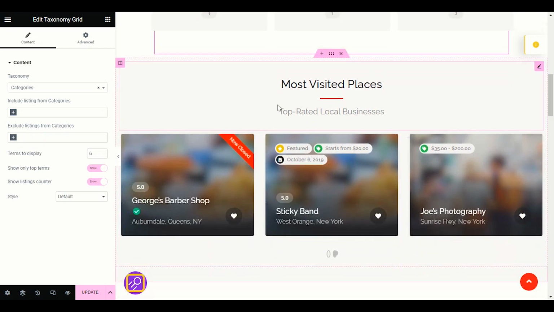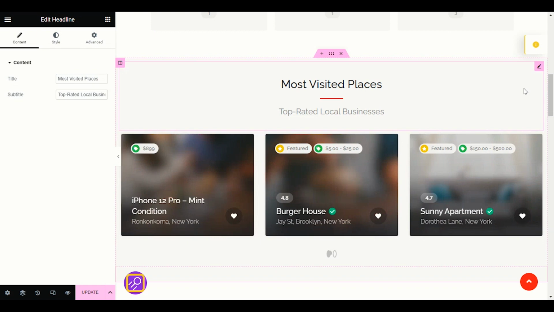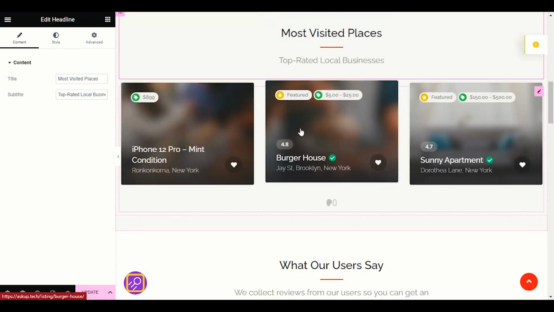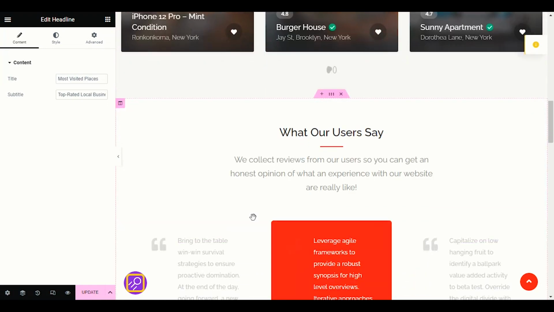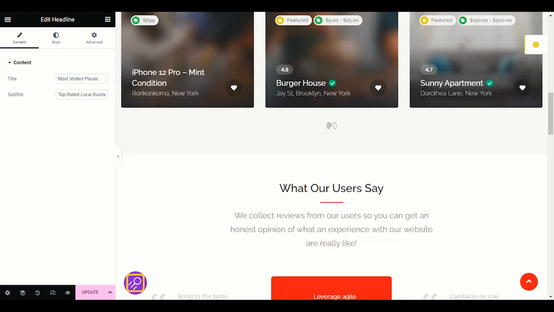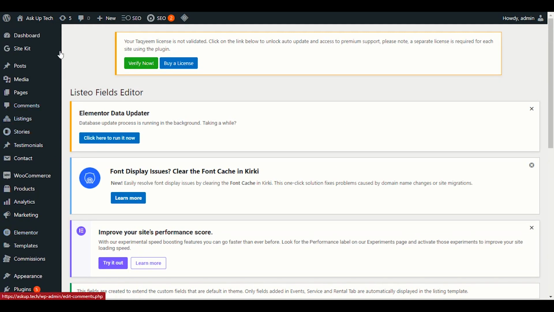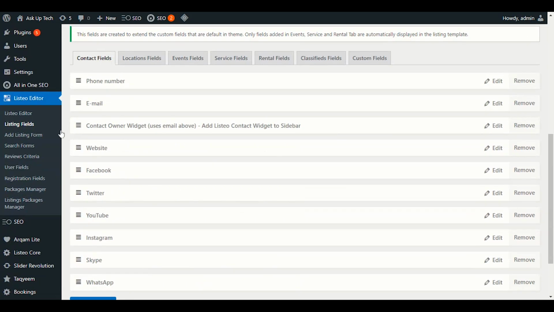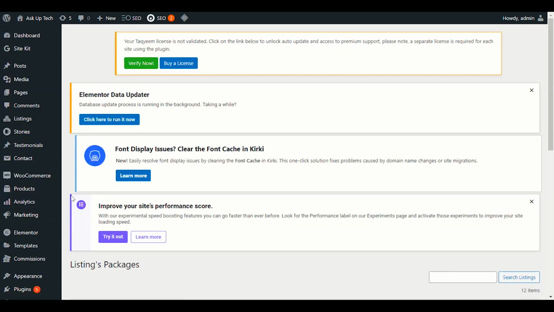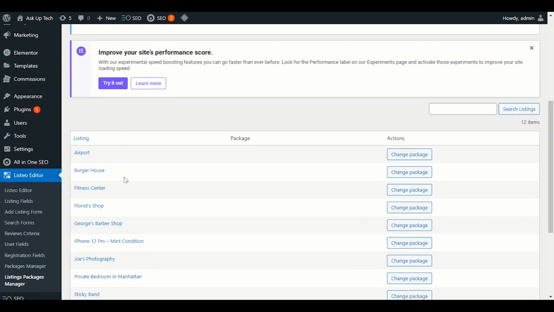Next section we have most visited places, the main listings. I will show you how to customize and how to upload your own listing here. First of all, we will go to the option Listing Packages Manager,